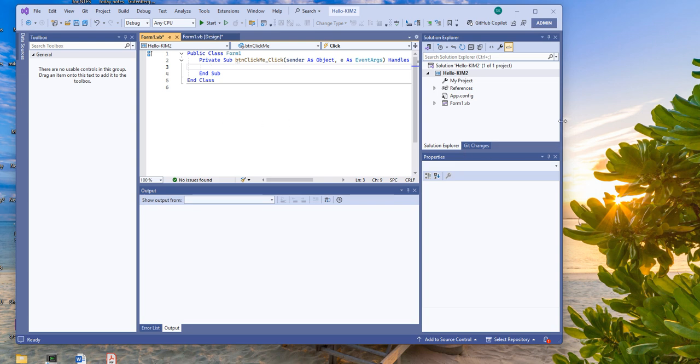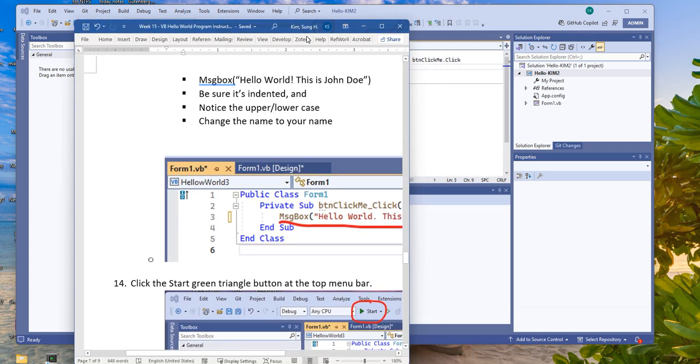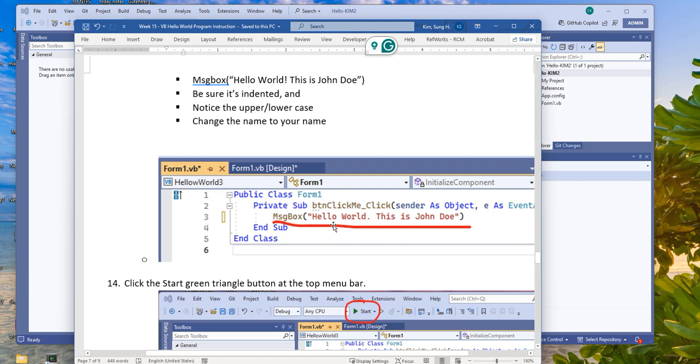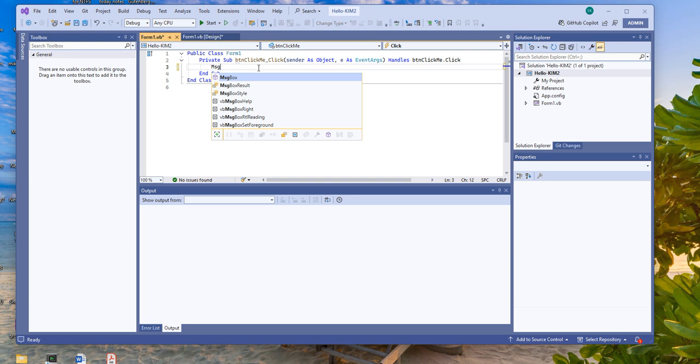And so you want to type in where the cursor is flashing, as what I wrote on the display for the instruction. So basically, what I'd like you to type is something like this, right? Basically a message box and the message you want to type in. Okay, so I'm going to move this out of the way and then type right here MSG box,